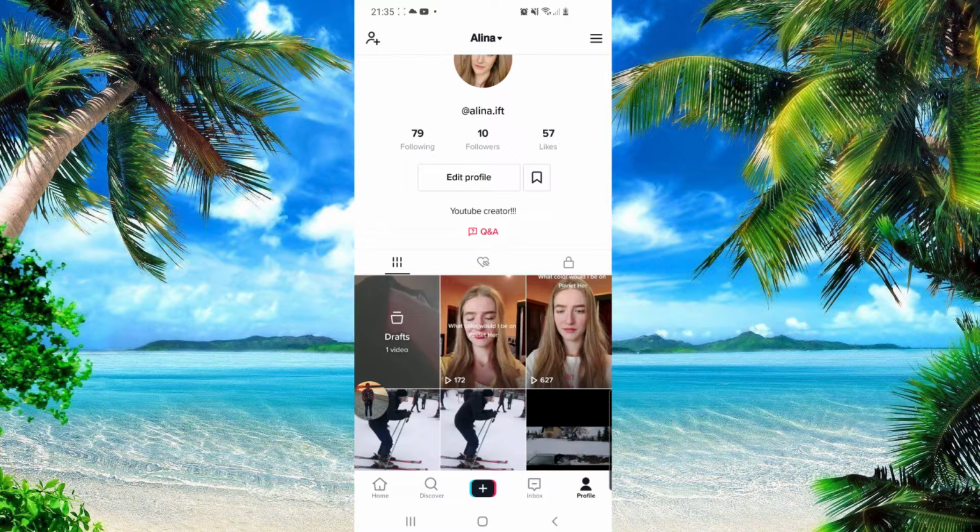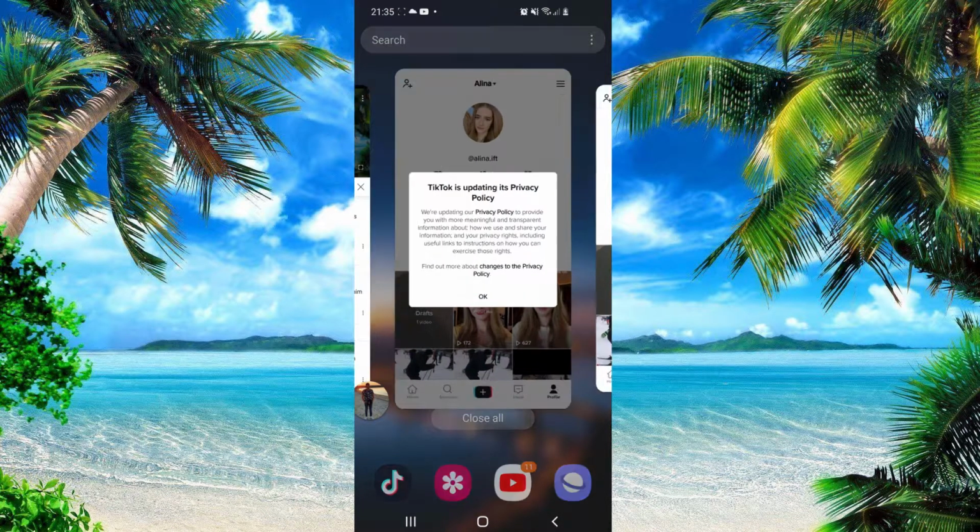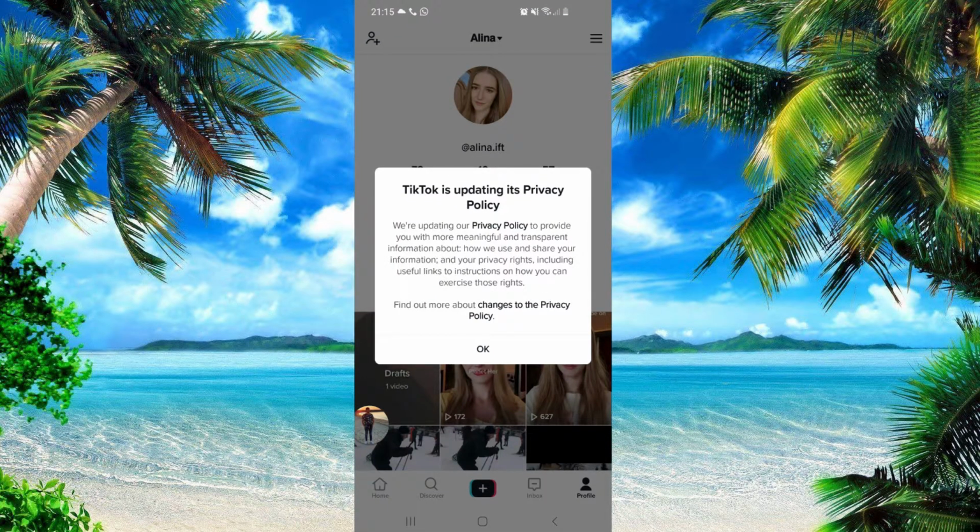And after I had them back, I received a message on my TikTok app, and it's this one right here. So I think that glitch was because TikTok is updating their privacy policy, and that's why we had that problem. And I know that some of you uninstalled your app and that you still have problems.